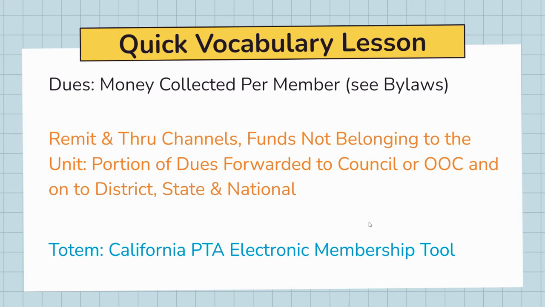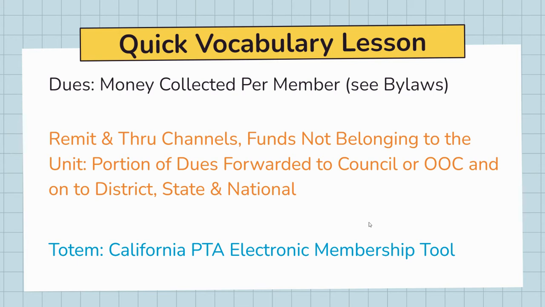So, for example, if you have $10 per member dues, as many schools do, you keep about $4 and the rest goes to council. And then they take their portion and send a check up to district, who takes their small portion and sends it up to state and then on to national. I'll elaborate in a moment on why that is, but I want to hit our last vocabulary word, which is